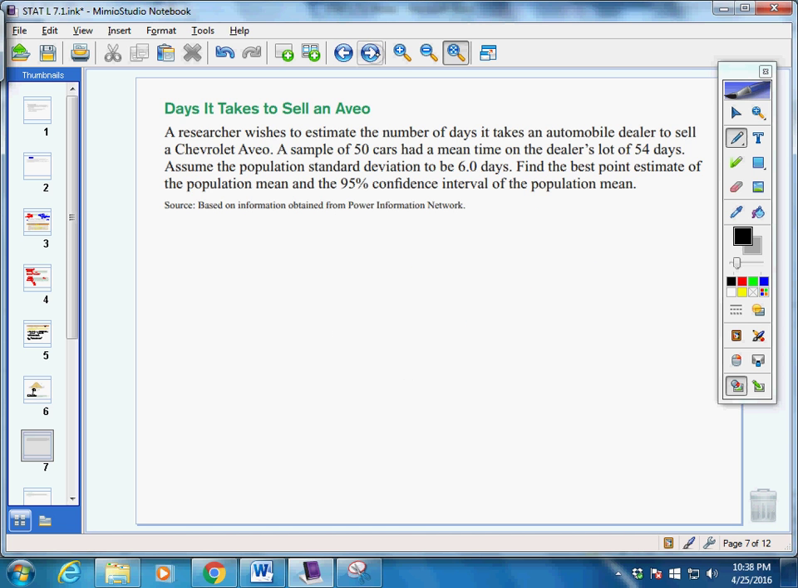Okay, so that's that right here. Let's look at an example or two. A researcher wants to estimate the number of days it takes an auto dealer to sell a Chevrolet Aveo. I think I said that right. A sample of 50 cars had a mean time on the dealer's lot of 54 days. Actually, we have two things there: our mean of 54 and our sample of 50. It has a standard deviation of 6.0. And we want